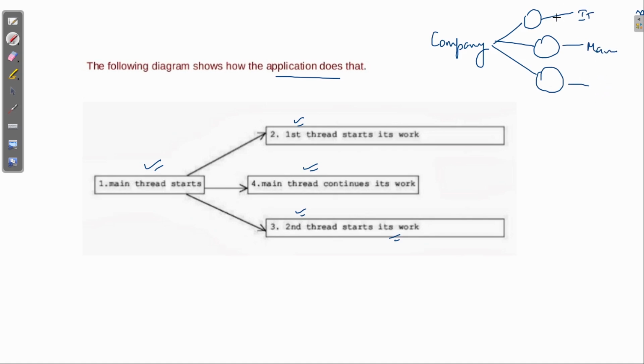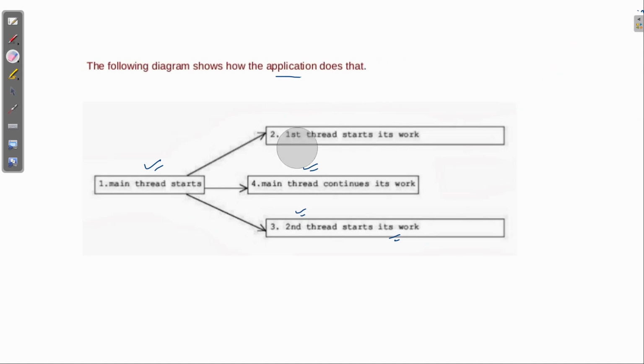They are working in their own domain and are not interrupting each other. At the same time, the head of the company will also do their work, and it won't affect the IT sector or the management sector of that company. So that's the basic concept.